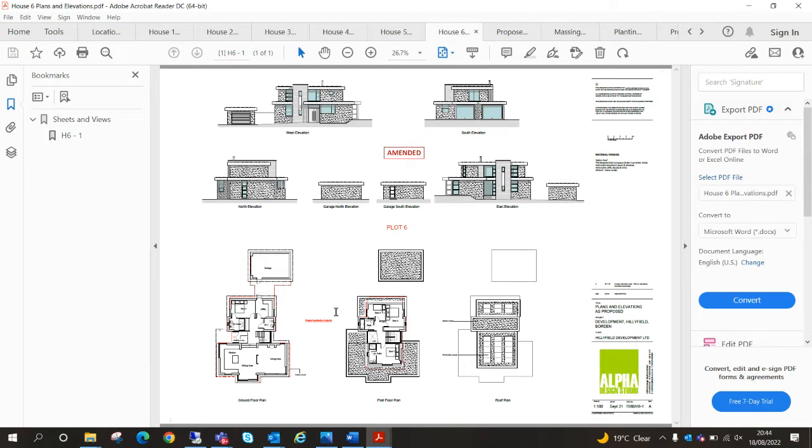Basically, there aren't any objections from statutory consultees, and on page 245 of your report, you will see in paragraph 6.15 the comments of the Conservation and Design Officer, who has concluded that the proposal will have a neutral impact and would not cause any harm to the character and appearance of the conservation area and the setting of listed buildings. I'll also draw members' attention to page 237, which sets out the sustainable measures incorporated within the site, which